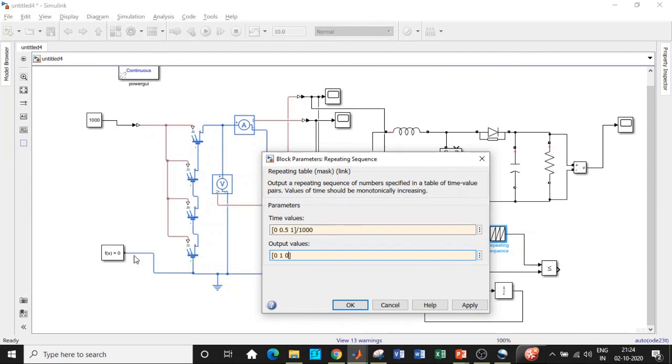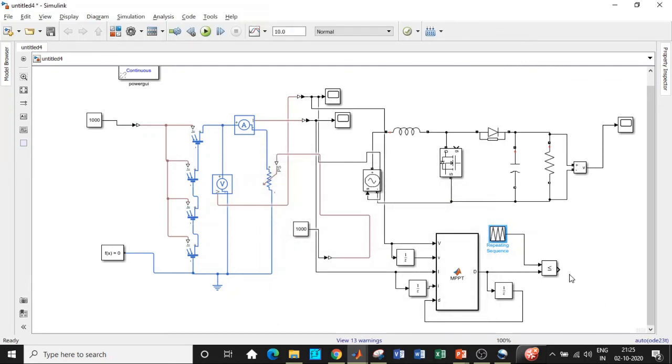So if you observe my cursor movement carefully, let me say this is the reference with respect to a wave. It starts from 0, goes to a maximum value, comes back to 0. That means the output values start from 0, go to a maximum value, say equal to 1, and come back to 0. That is why it is 0 1 0. With respect to time values, it starts from 0, goes to a maximum value at say t by 2, and comes back to 0 at a time period say equal to t. So I'm taking that as 0, 0.5 and 1. t by 2 means it's basically half, isn't it? And I'm dividing the value by 1000 because I'm converting in terms of milliseconds. I hope this concept is clear.